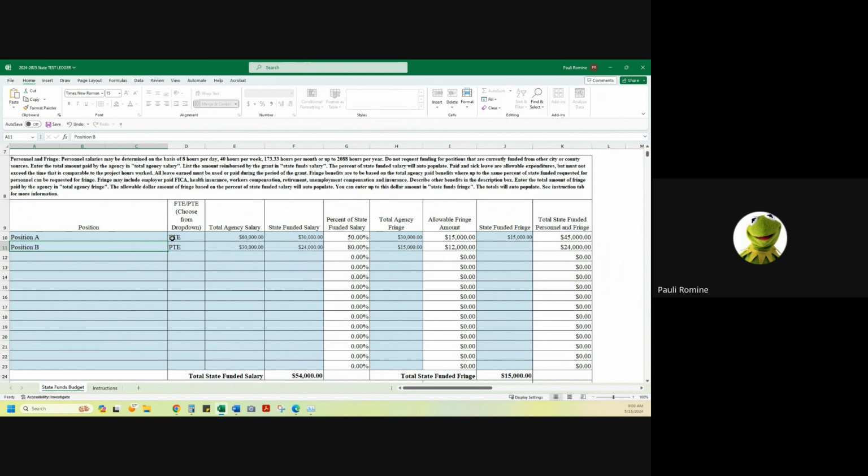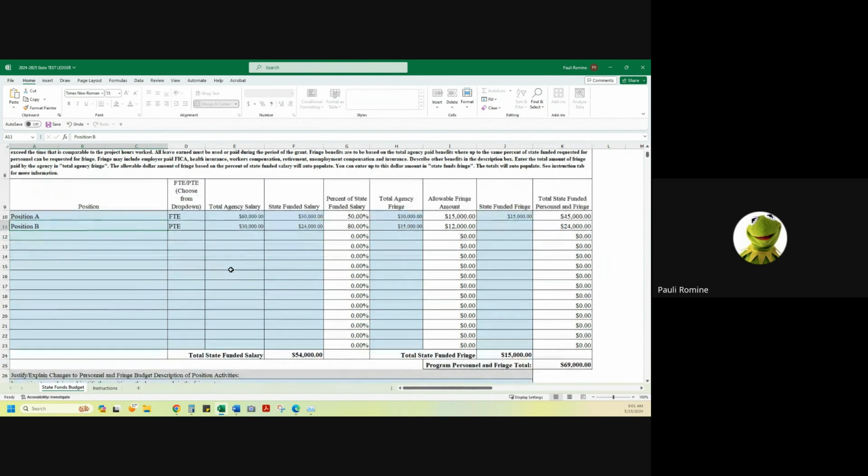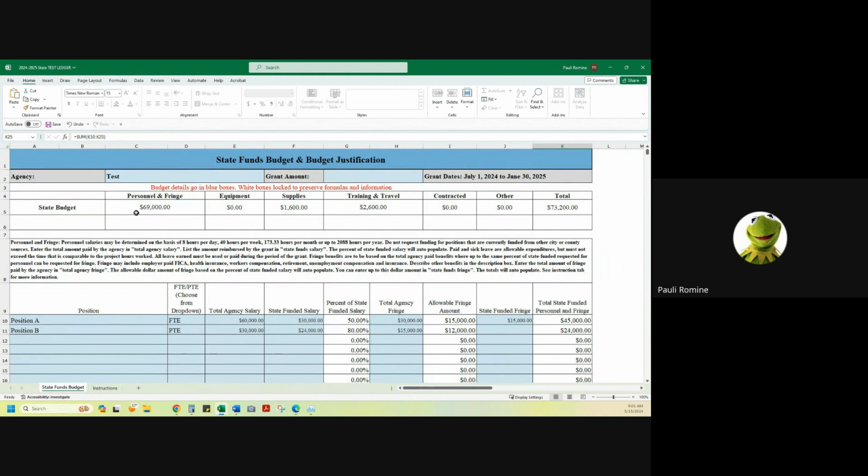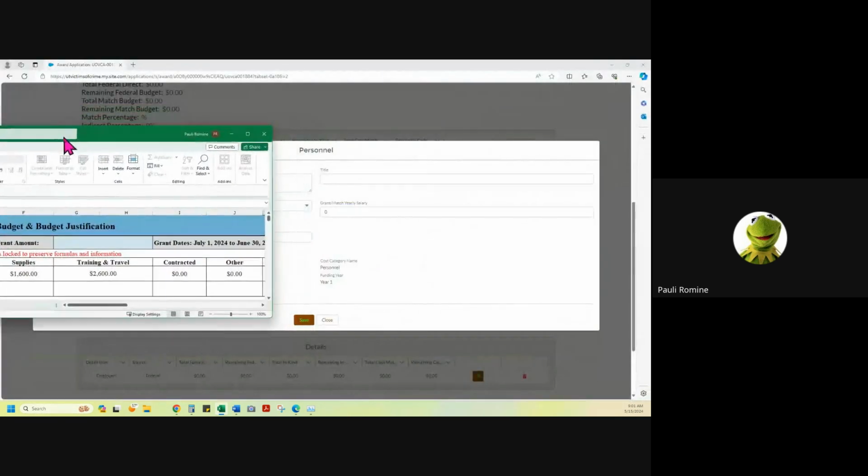You'll find those instructions somewhere else. There's a difference. Those differences matter as far as the percents go. That's a different training. But anyway, you'll see that once all of this information is entered, we have totals. So we have a total personnel and fringe at the bottom, and then that amount also is combined in personnel and fringe. I'm going to use that total amount